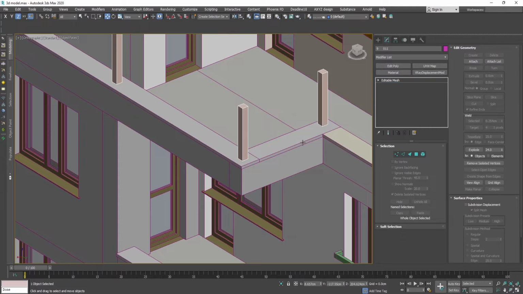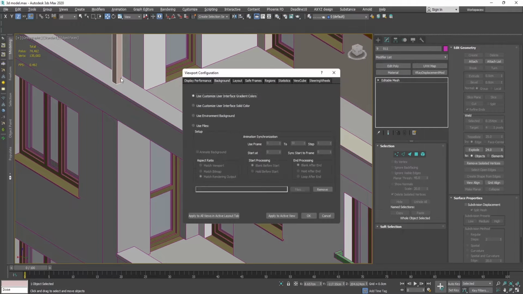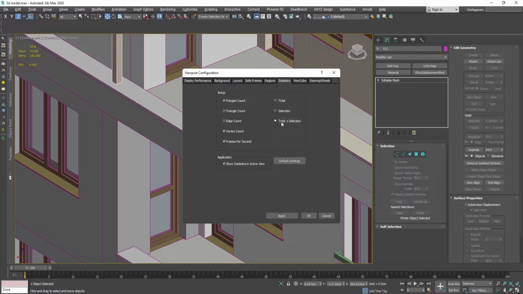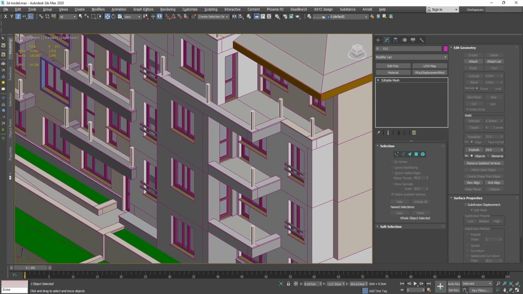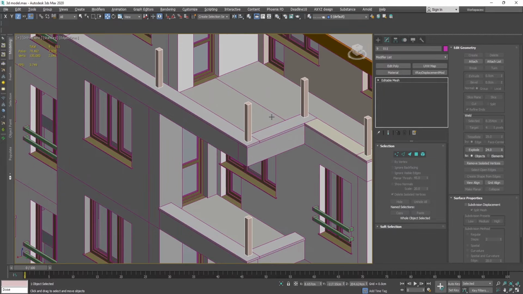Besides that, if you press 7, which shows you the count of the polygons, and then Alt and B, going to the viewport configurator, here under Statistics you can choose Total plus Selection, and OK. This is going to give you also the number of the polygons of the selected object. For this one,